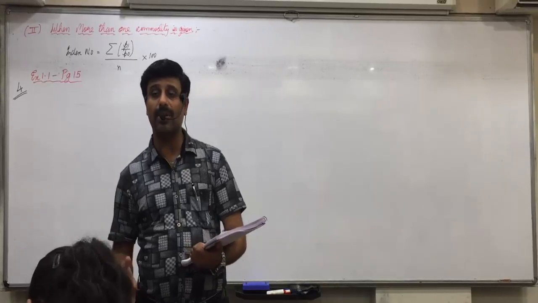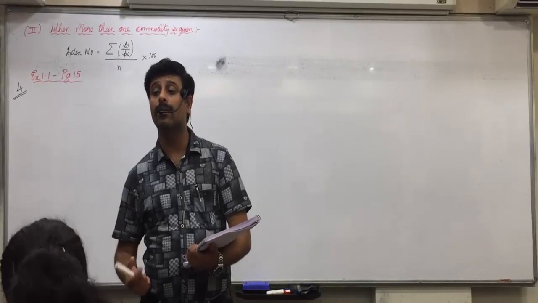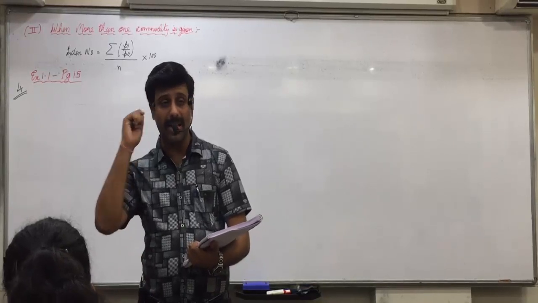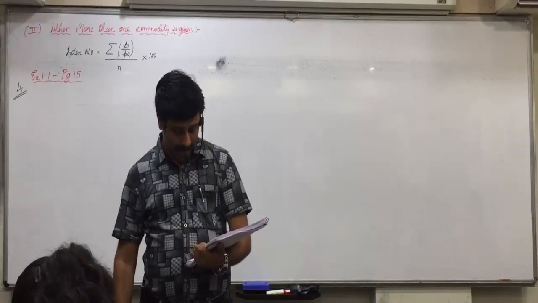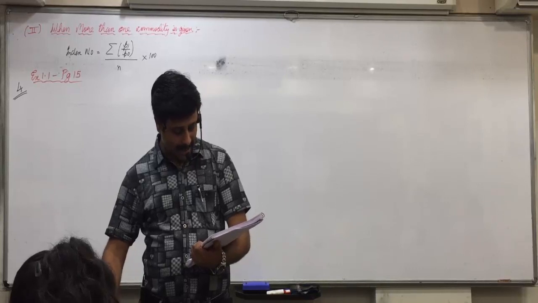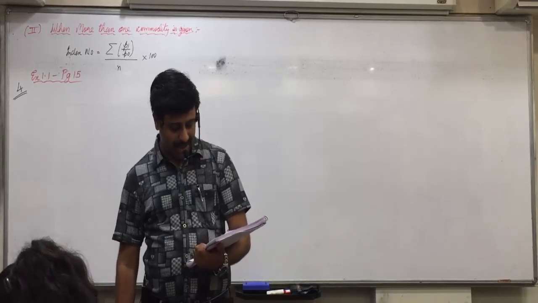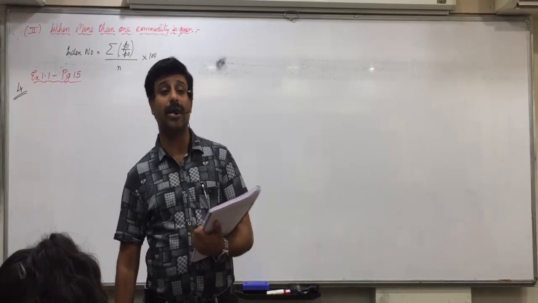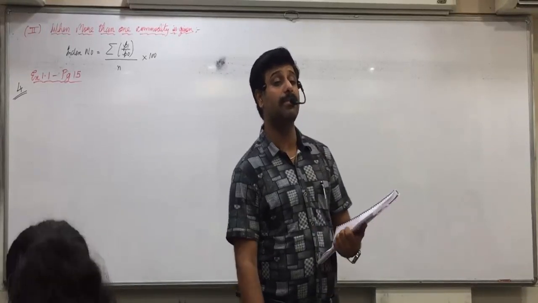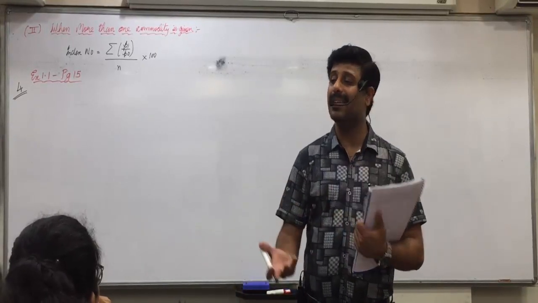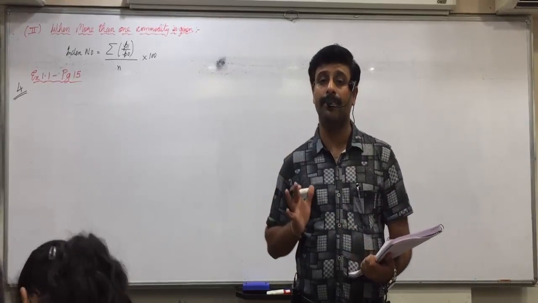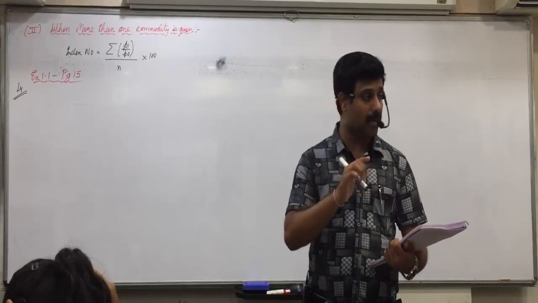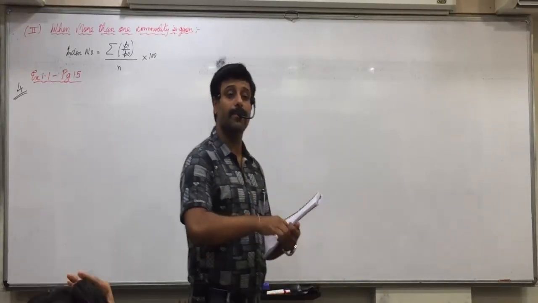You can see only 2 years are given, 12 and 14. So 2012 will be taken as the base year, meaning all the values will be divided by 2012's value. And then state the overall increase in the price of fuel items. This extra conclusion we have to write at the end. Suppose your index number comes 130. What does it mean? 30% increase in price. So that conclusion we have to write. Whatever index numbers we get, based on that, what is the overall increase in the price of fuel items? Any confusion with the question?